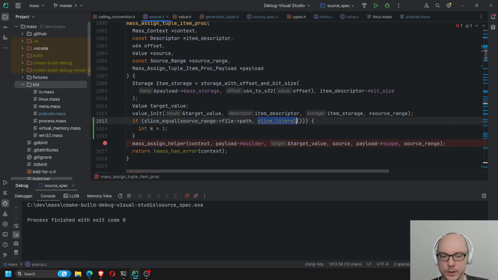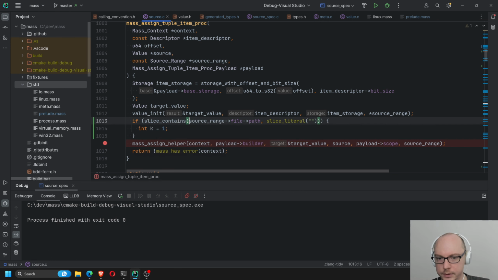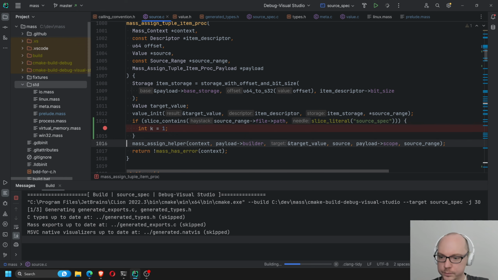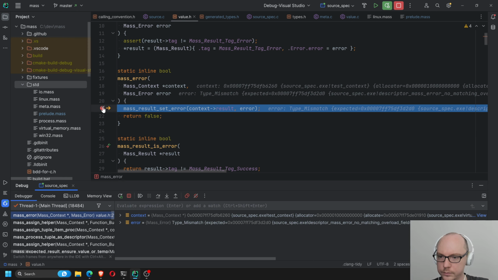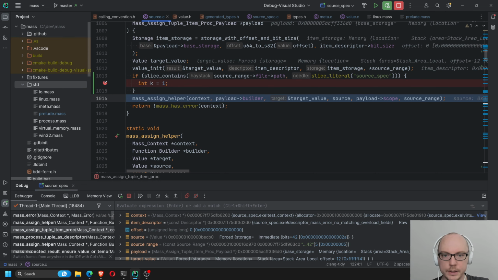Yes, it will be slice contains source spec or something. Let's see if that works. Apparently it doesn't. But at least I can look into file path and see